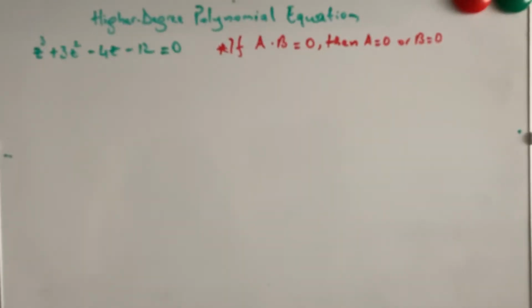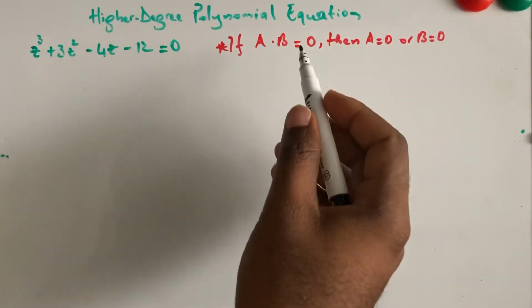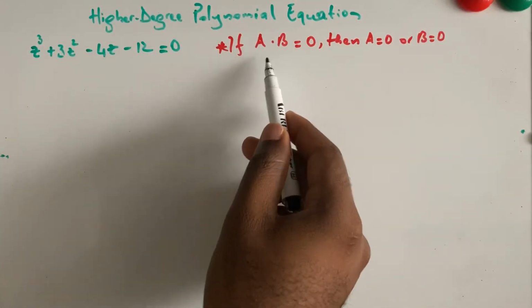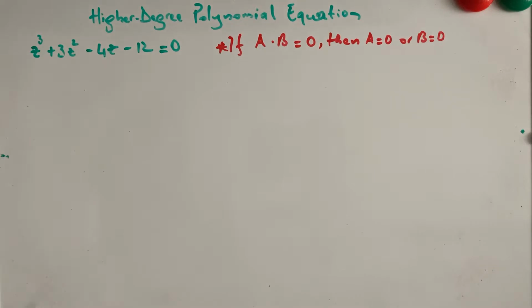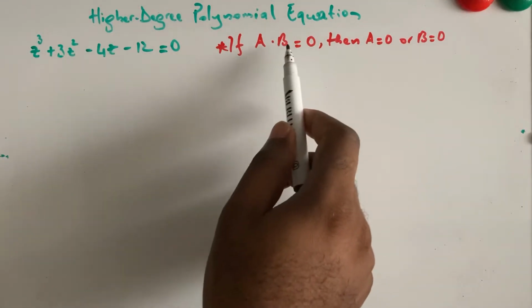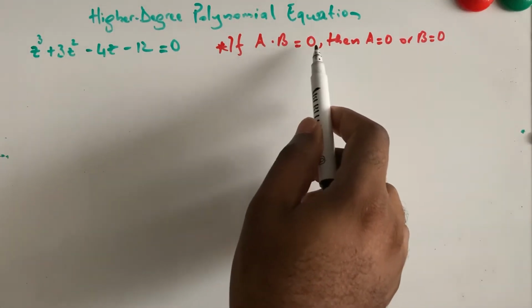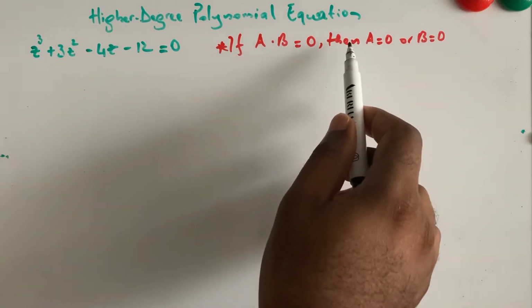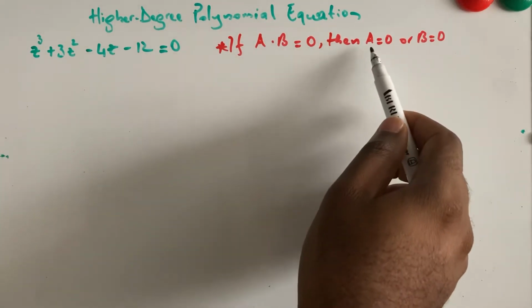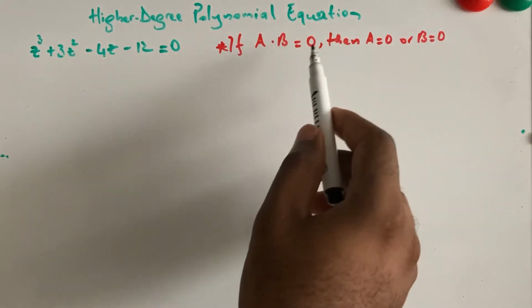Hello guys, this video is to show you how to solve a higher degree polynomial equation. Before solving this equation, I want to refresh your mind on just one principle here. If you multiply two factors and you get 0 when multiplying them, you have to know that it's either that one of the factors is 0,